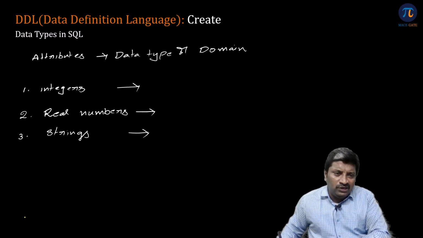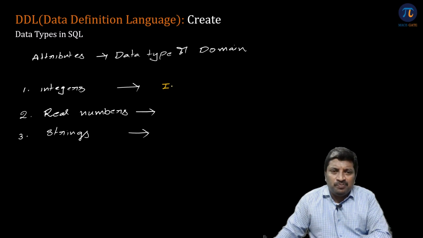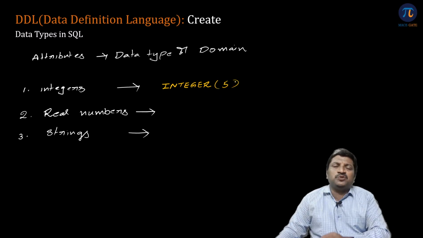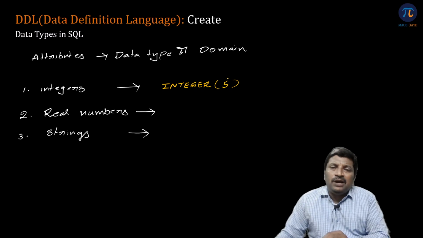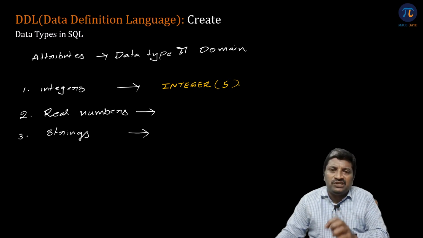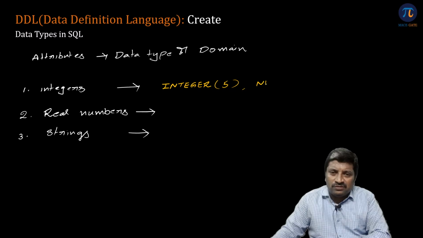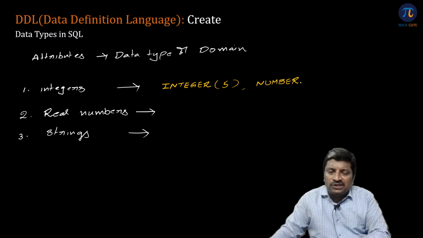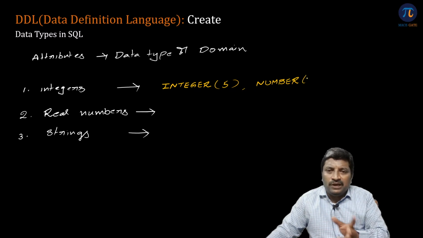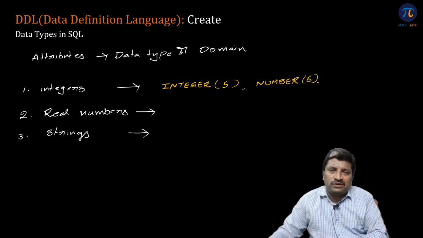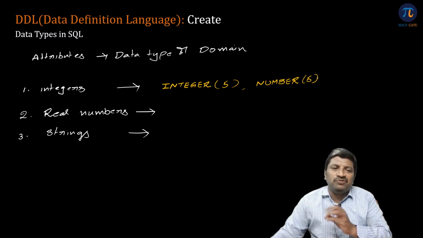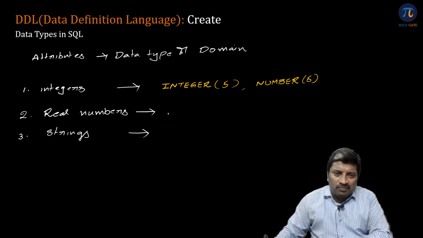When coming to integer, generally people will write simply integer only, and in the parenthesis we specify 5. What does it mean? Maximum it can hold a 5-digit integer. Instead of this one, we can write number. So depending on the SQL software, either integer or number, maximum 5 digits we can write. When coming to real numbers,